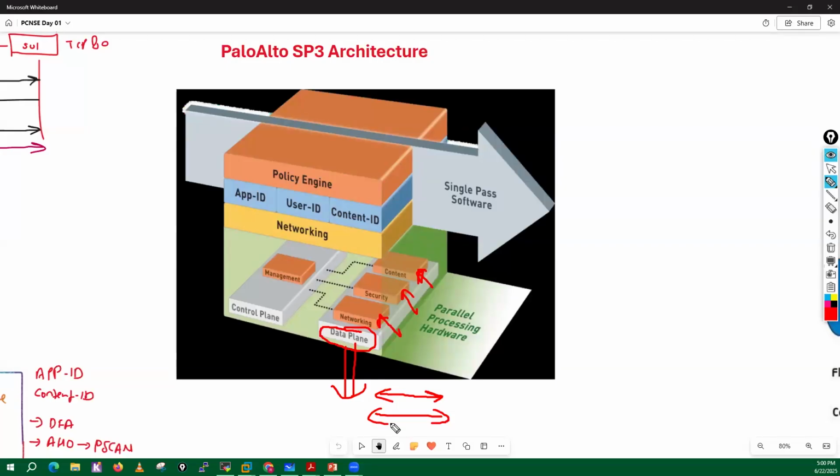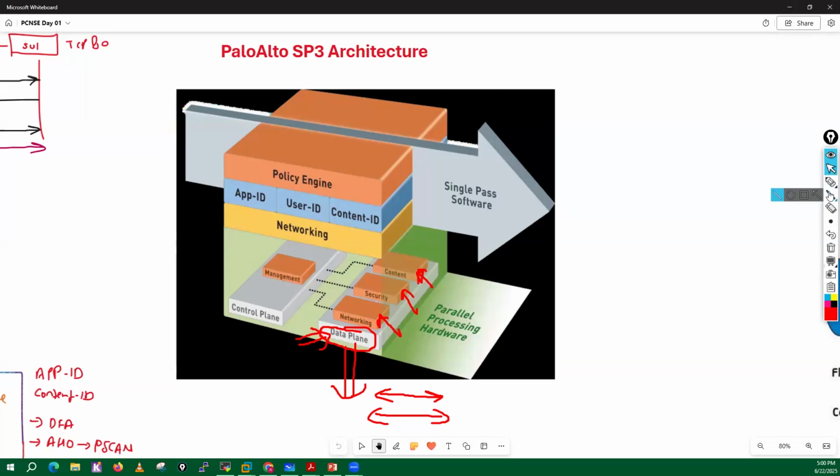It will process the data. Means this is the plane which is going to process your users' data.